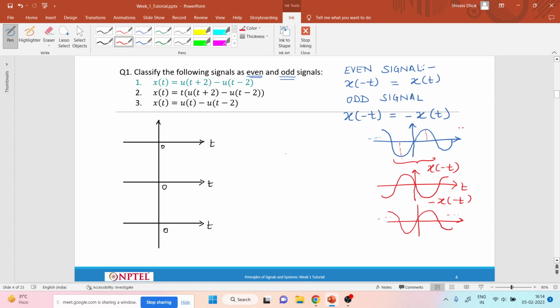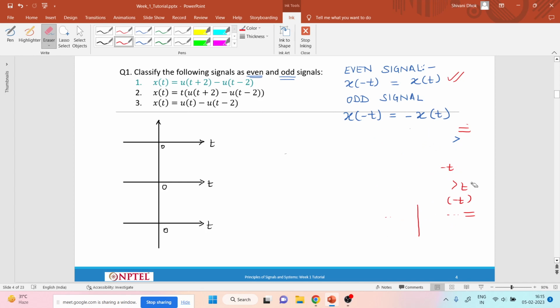So you can observe that this signal and this signal are both the same, and whichever signals exhibit this kind of symmetry are known as odd signals. So this is odd symmetry, and whatever is exhibited by this is known as even symmetry. If you have x of minus t equal to x of t, then they are even signals, and if you have x of minus t equal to minus of x of t, then they are known as odd signals. So the question is whether the following signals are even or odd. And the first signal that is given to you